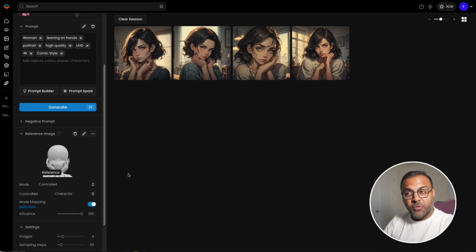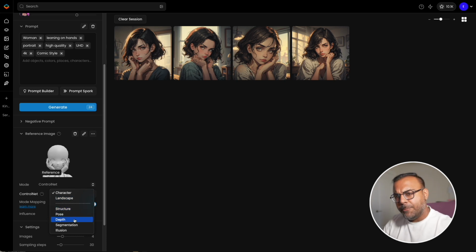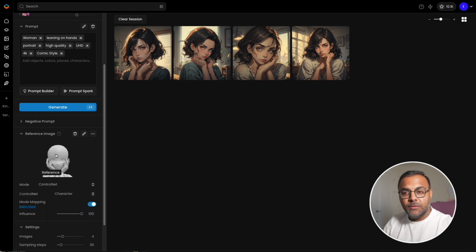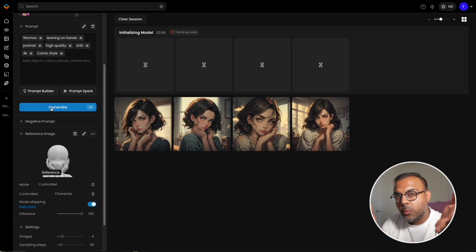I found that this works very well for this type of project that we're trying to do, but they've also got landscape structure, which is canny, pose, which is open pose, depth, which is a depth map, and so on and so forth. So let's start by leaving it at 100% influence, throwing in the reference image, and generating, and see what we get. Effectively, what we're looking for at this point is a base image for us to iterate